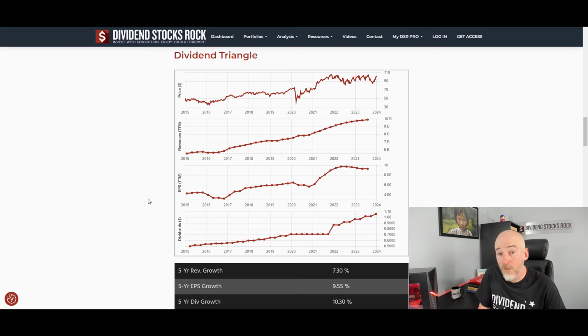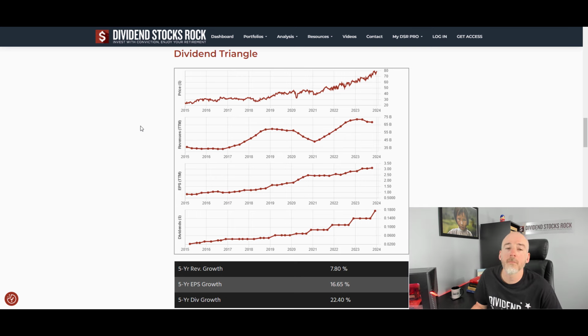Once you understand what's going on, you're in a much better position to determine if National Bank should be in your portfolio or not, according to your investment strategy. Another key point I want to highlight here with the dividend triangle of Alimentation Couche-Tard, ticker ATD.TO, is how